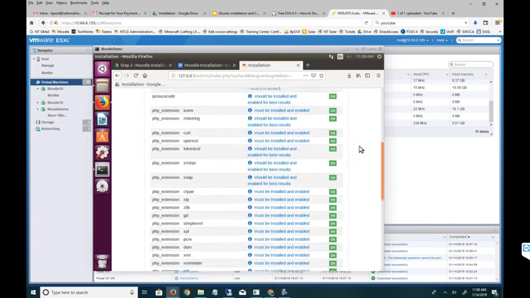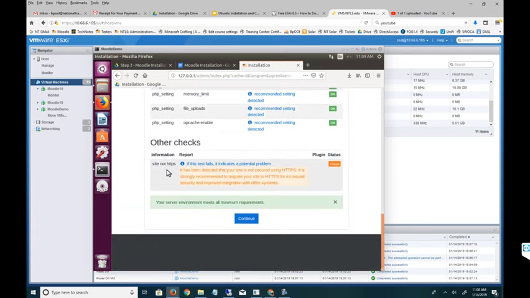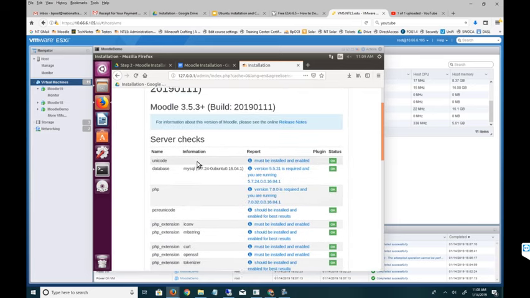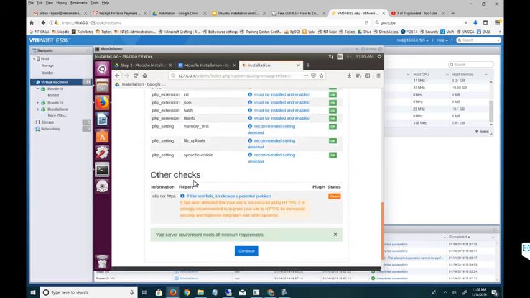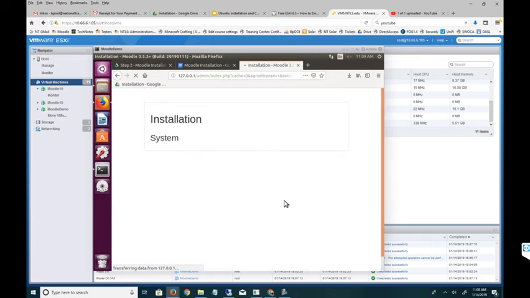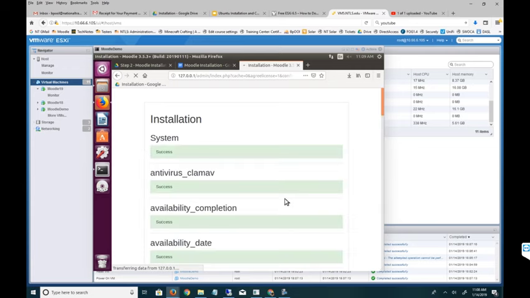It should say OK on everything other than we're not using HTTPS on this, and that's because we did all those extensions in the beginning to make sure all those other ones would be OK, so it meets our requirements. We're going to say continue,